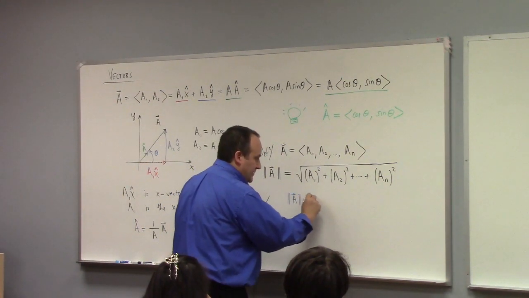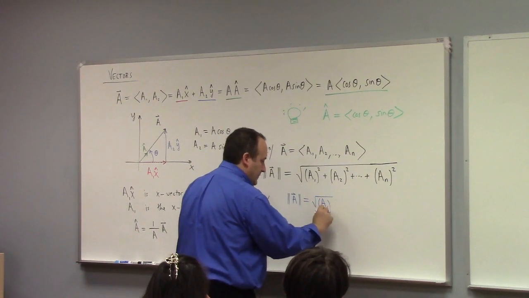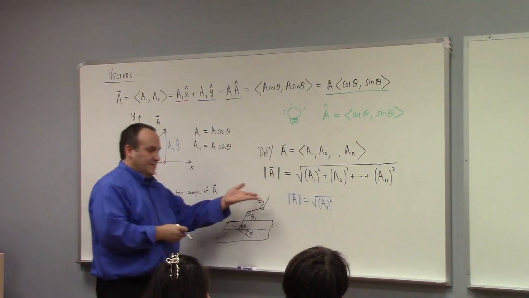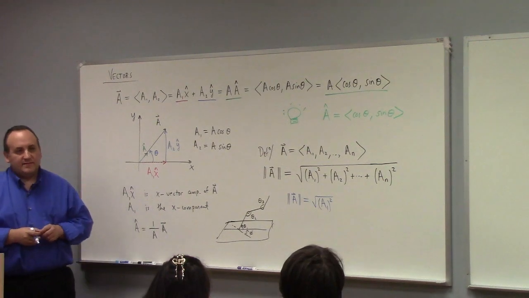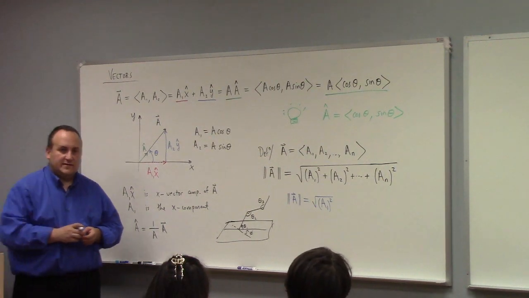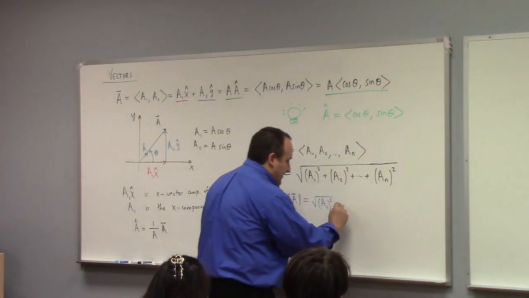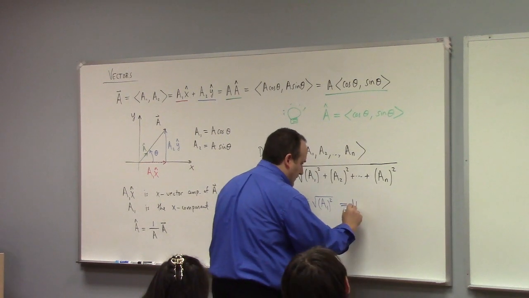Kind of silly, but what is the square root of the square? The absolute value. It is the absolute value. That's right. So in the case of one dimension,